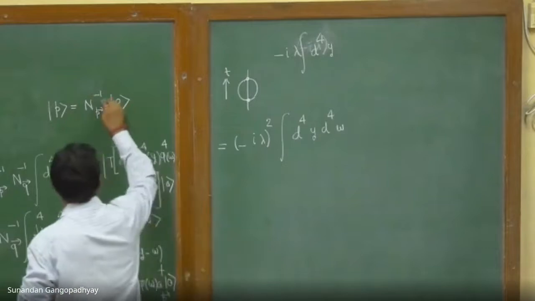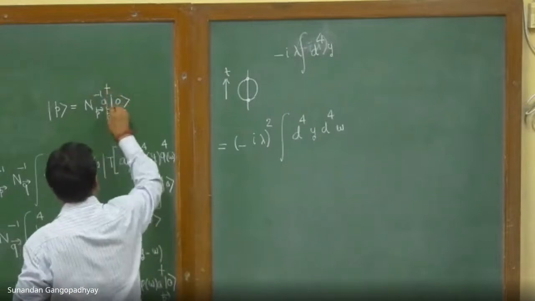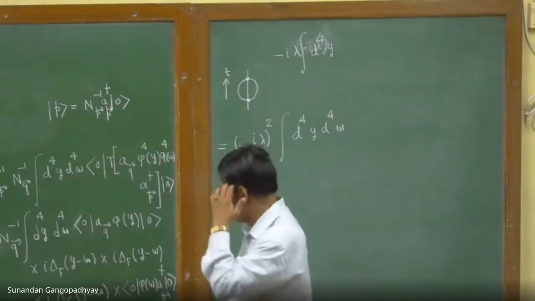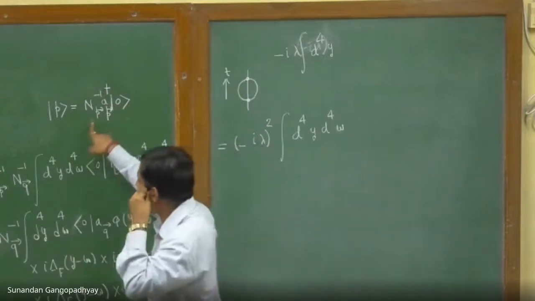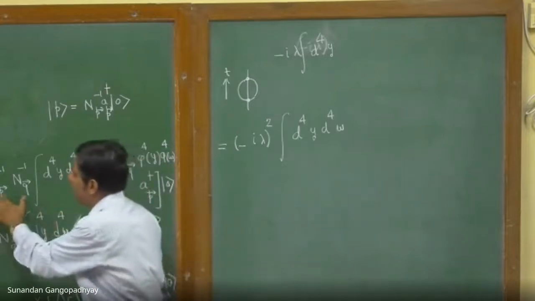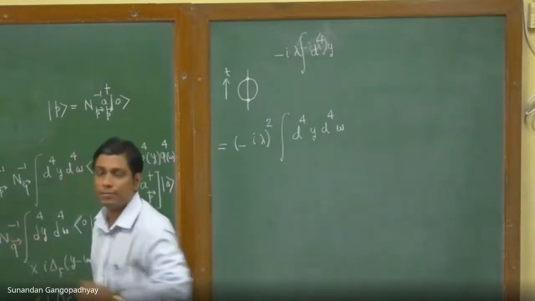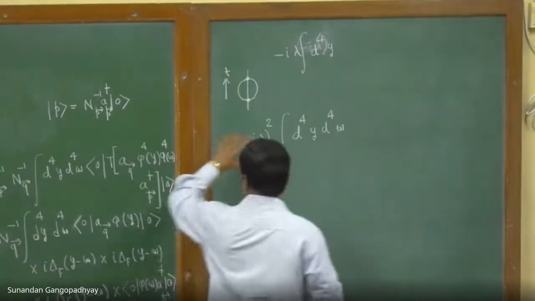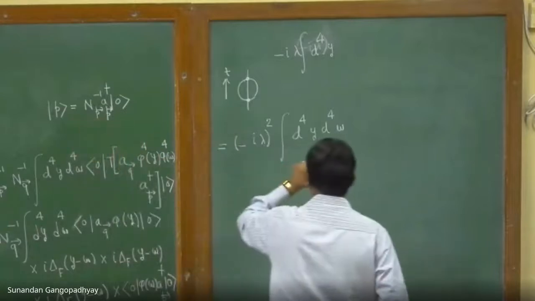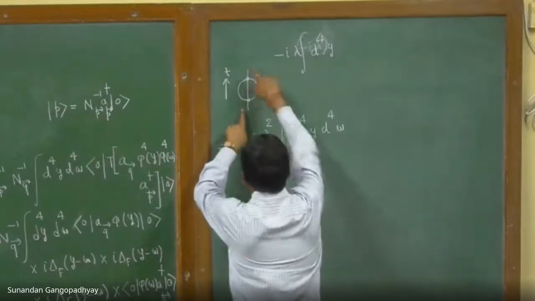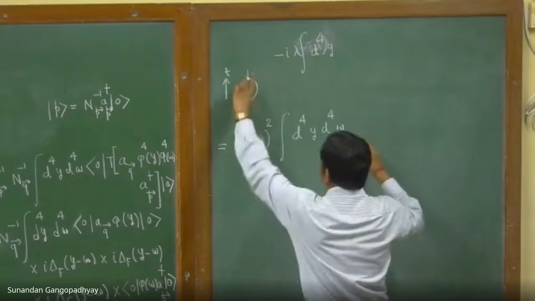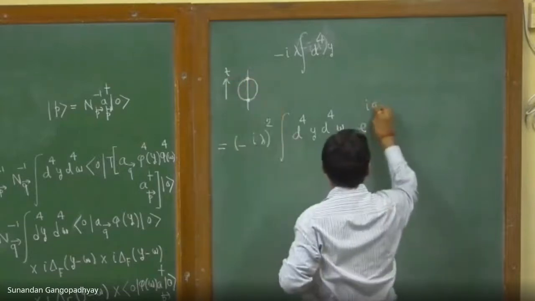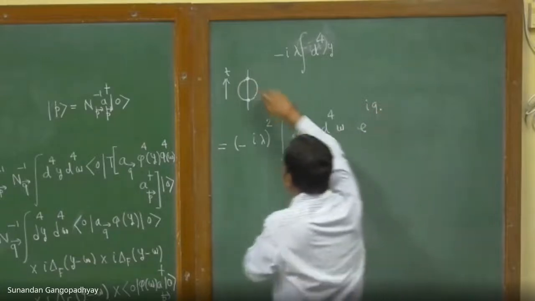Sorry, A dagger P. We have used this normalization for ket P. And therefore, when we use this normalization, these factors got cancelled. So if you use this normalization, then it tells you that corresponding to the external lines, so there are 2 points, what you do is you just apply Q dot. If I call this vertex as